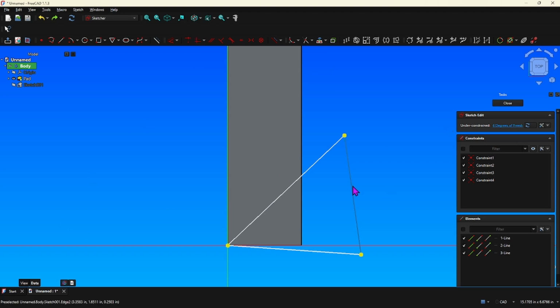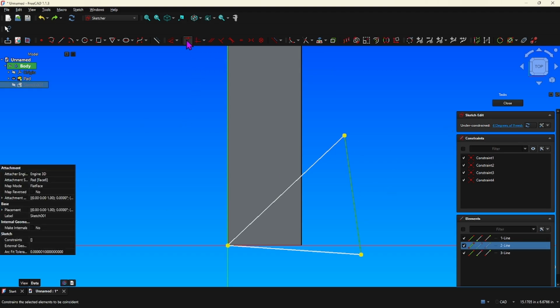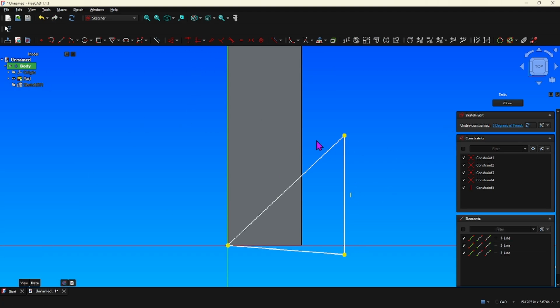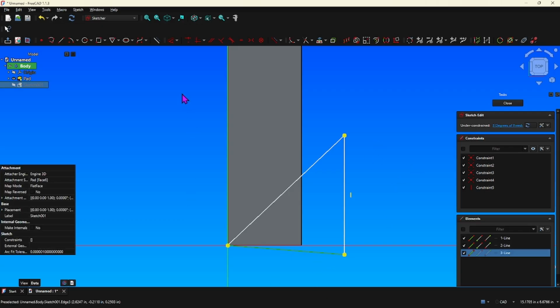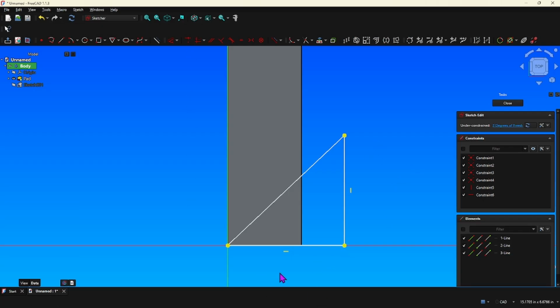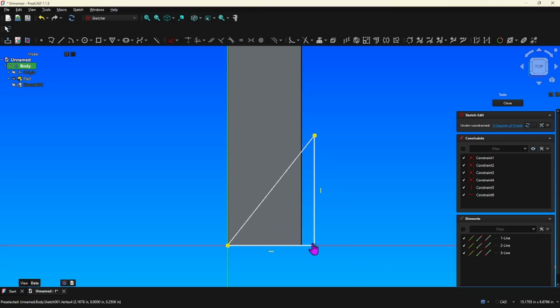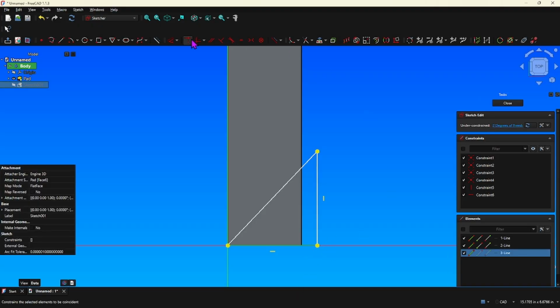So what we'll do is select the line and we'll just select that and it put it in a vertical. Likewise, if I select this, select it again, now it's horizontal. So now these lines are locked in vertically, horizontally. They're just missing dimensions now. We have 2 degrees of freedom. So we know that we want this line to be a length of,